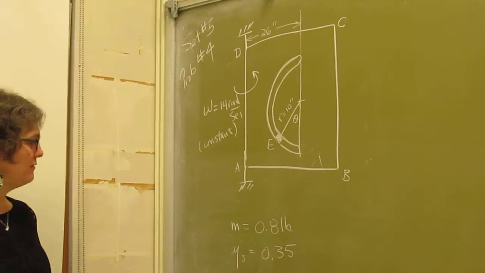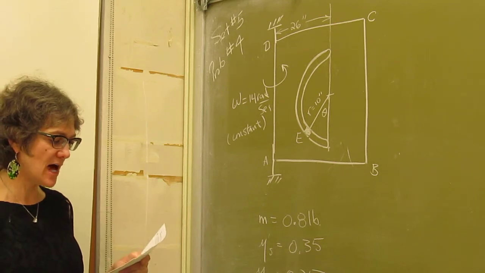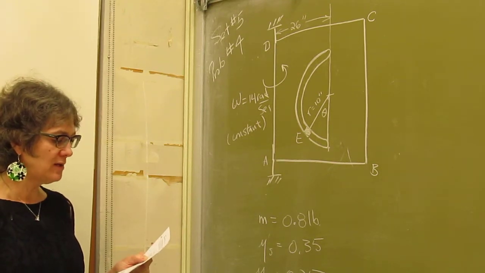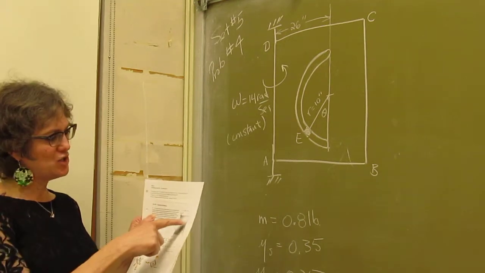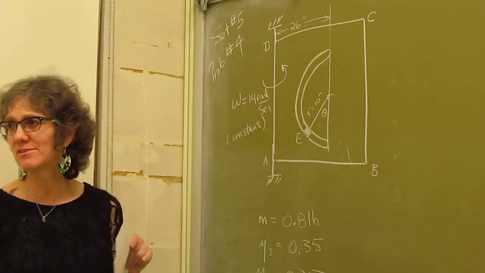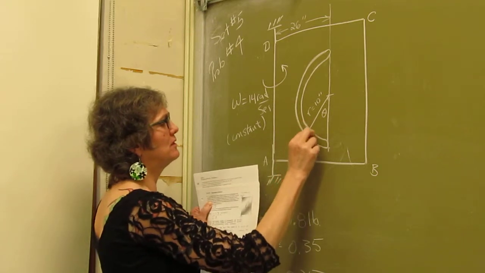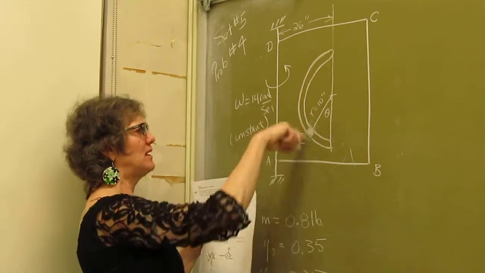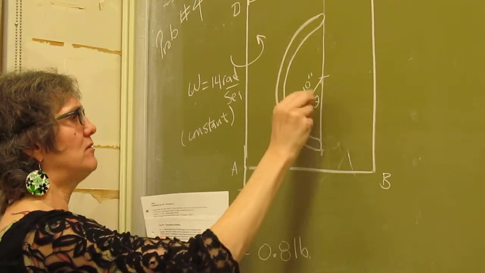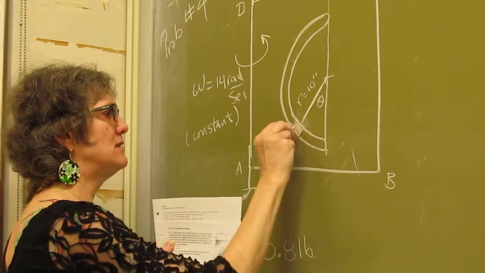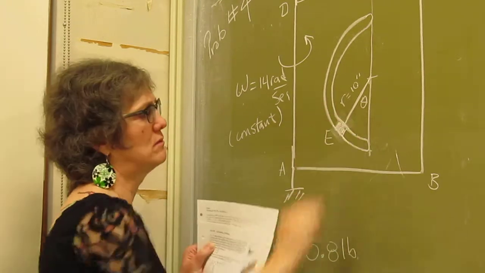A small 0.8-pound block, E, is designed to slide in the slot as the plate rotates. By the way, did anybody notice that the picture for this problem was a little bit weird, and that the way they showed it physically didn't make sense? Because they show the slot, but then they show the little block at E kind of like a pin on a rod, which doesn't make sense if this slot is cut anyway. So my picture is slightly different than the picture in that problem, but the picture in the problem didn't really make sense. So it's more like